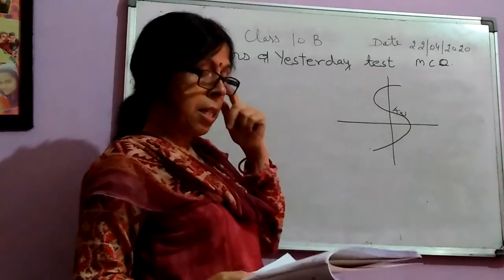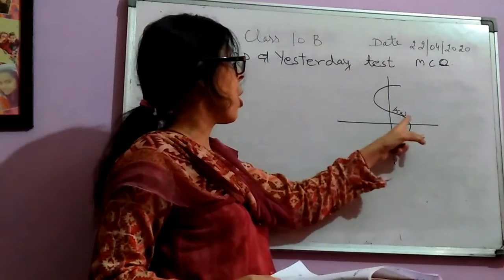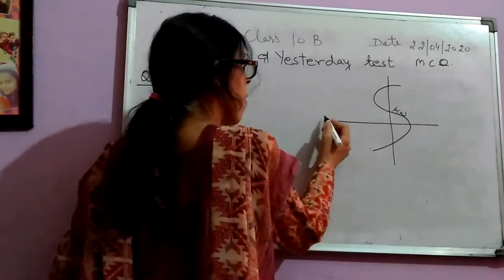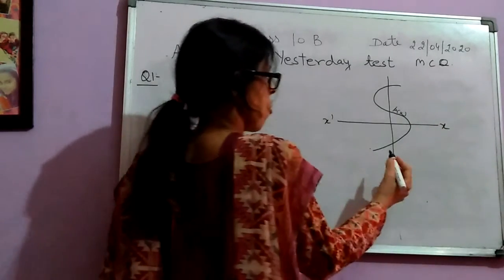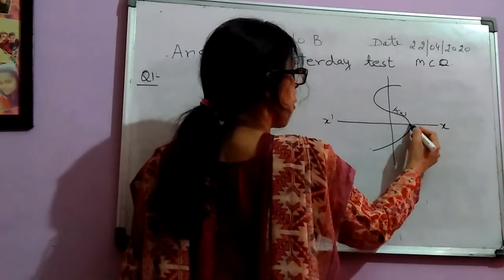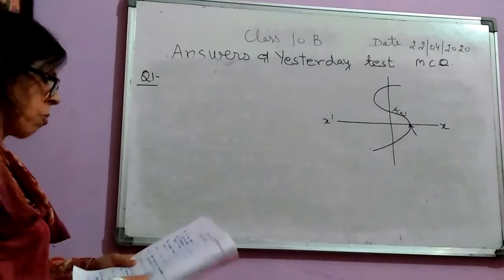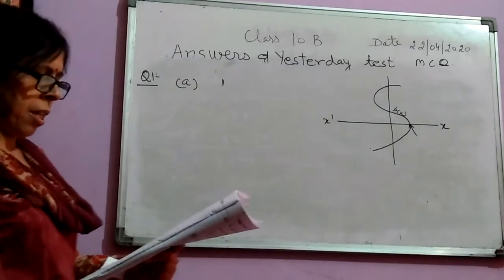For this, the method to seek the zeros is to see at how many points the graph intersects the x-axis. The graph intersects the x-axis at as many points as there are zeros. So this graph intersects the x-axis at only one point. So this p(x) graph has 1 zero. This is written in part A, so option A is correct.